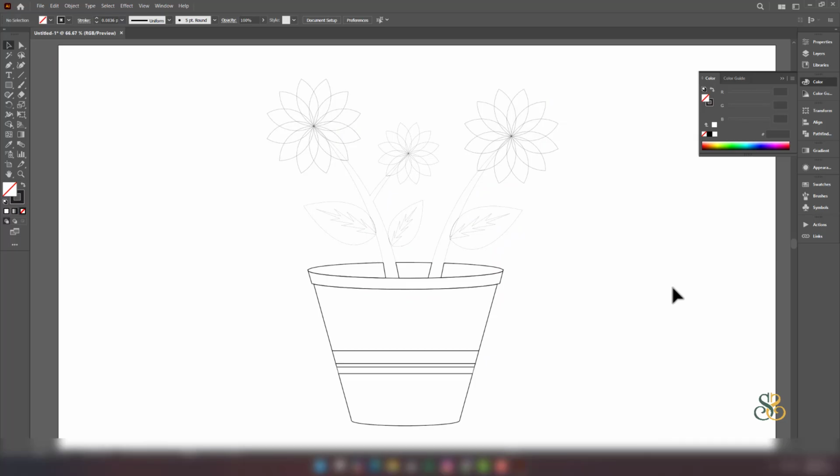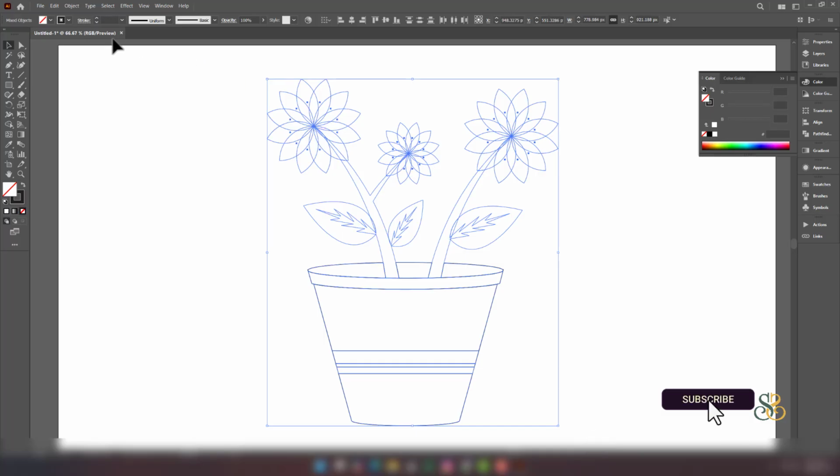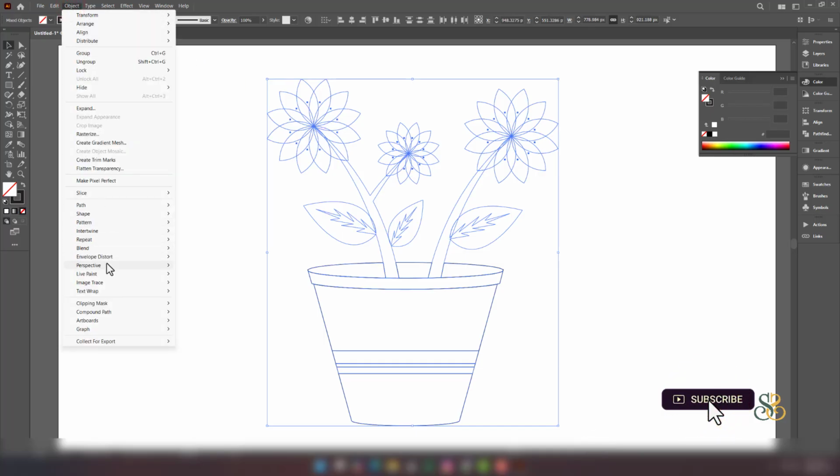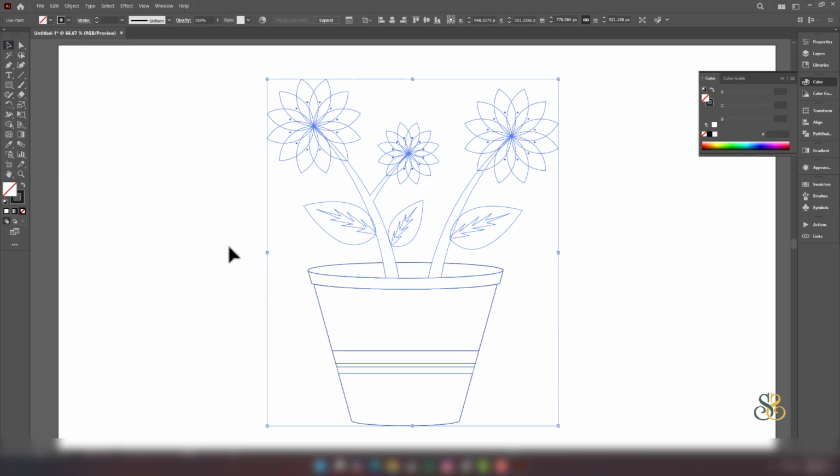To start using the Live Paint feature, you first need to convert your artwork into a Live Paint group. Use the selection tool to select the artwork that you want to convert into a Live Paint group. Go to the Object menu at the top. Choose Live Paint, then Make, or simply press Alt plus Ctrl plus X on Windows or Option plus Command plus X on Mac. Your artwork is now a Live Paint group, which means you can start applying colors, patterns, or gradients to individual